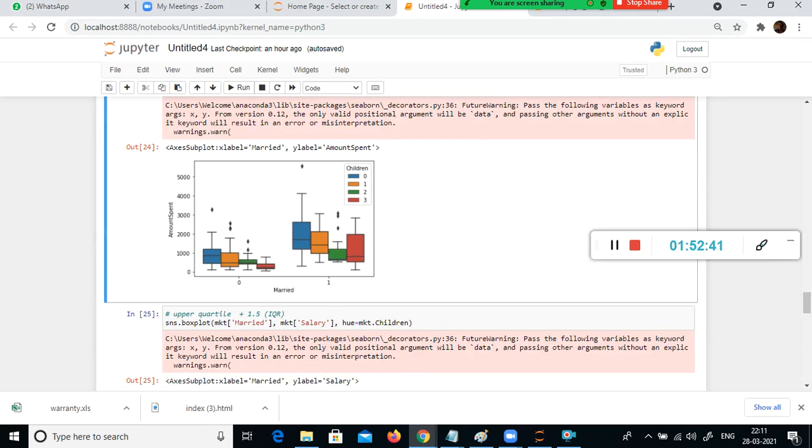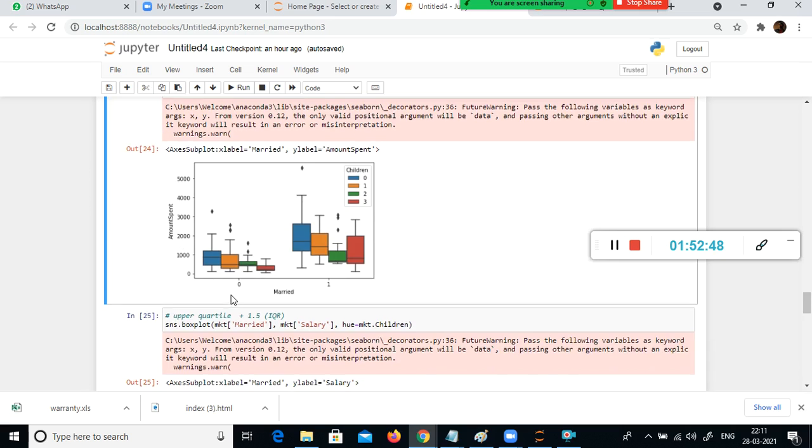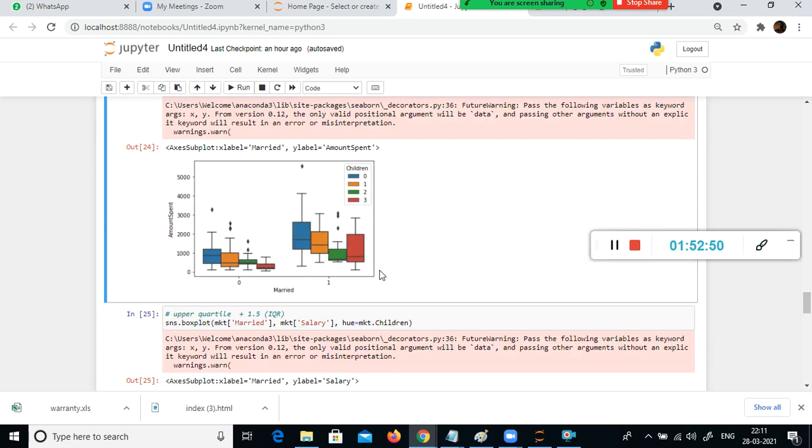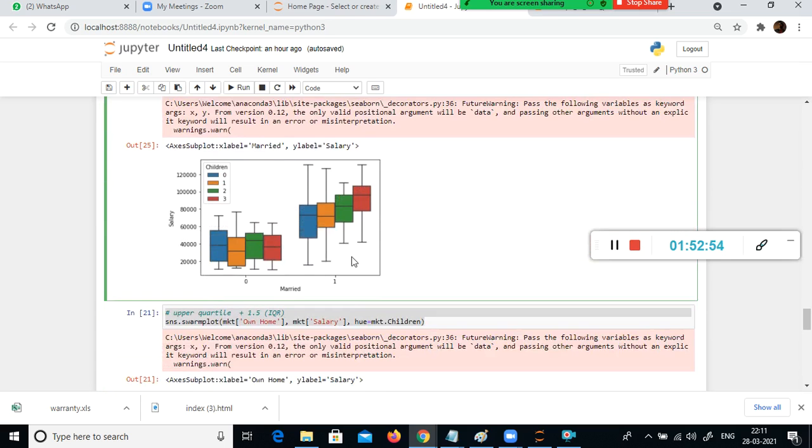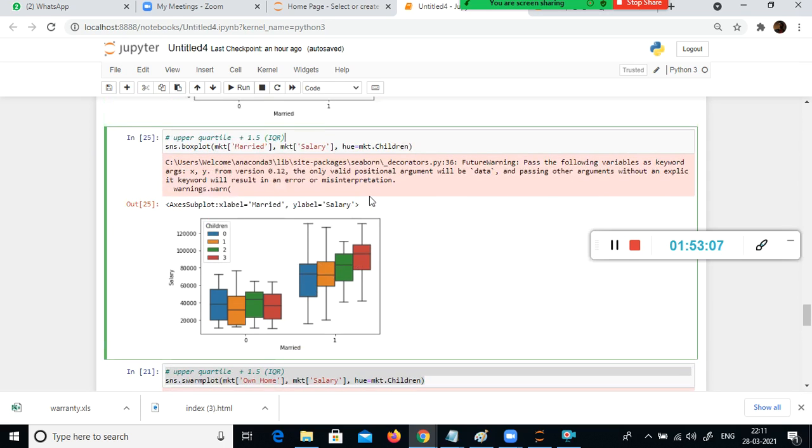This is a very simple example, okay? And this is how you need to explore the data, but don't limit your exploratory journey as soon as you get some insight. Look here, by seeing this, don't generalize, right? By seeing this, married people, their salary is very high, especially those who have more kids.